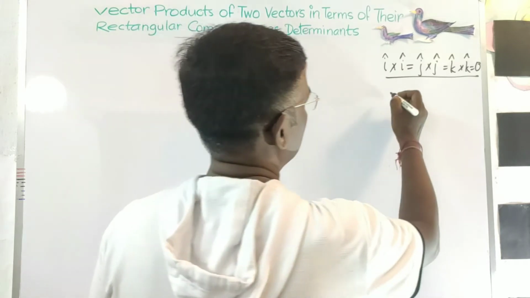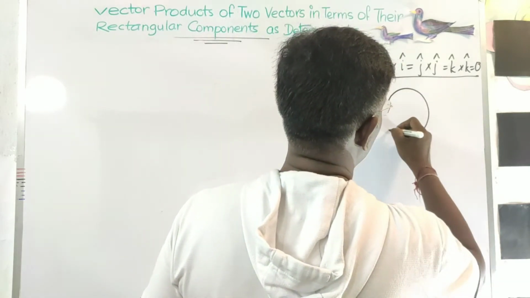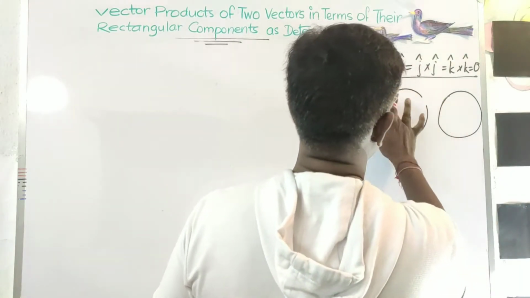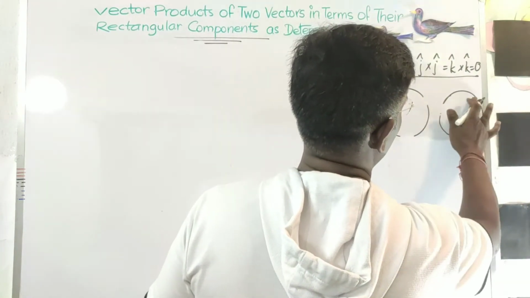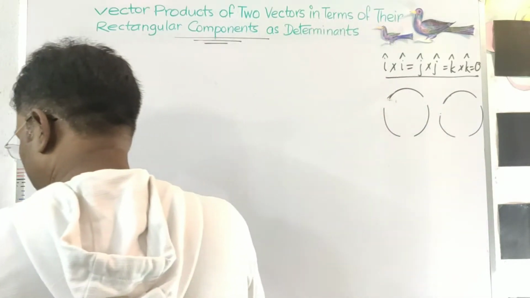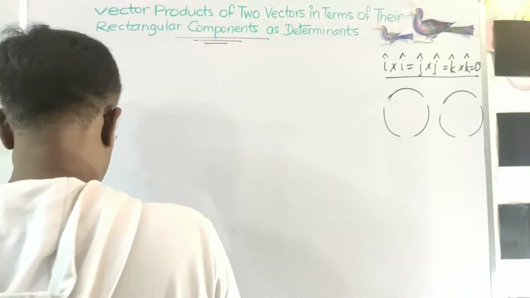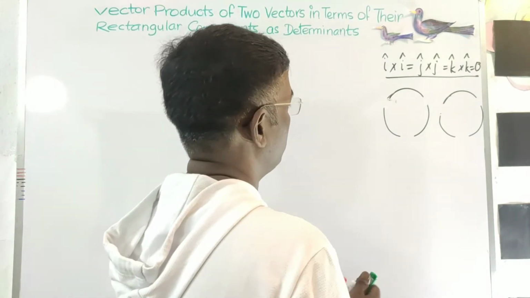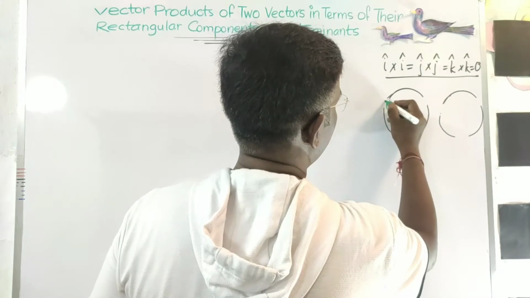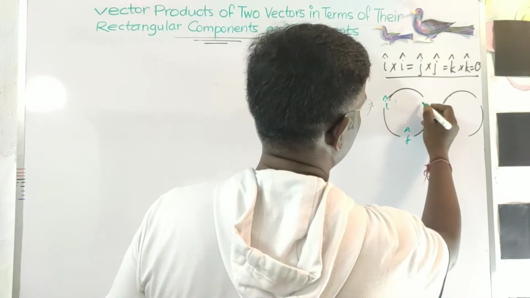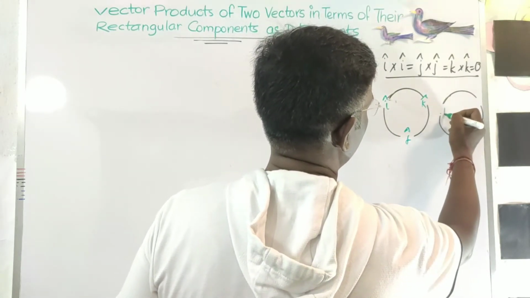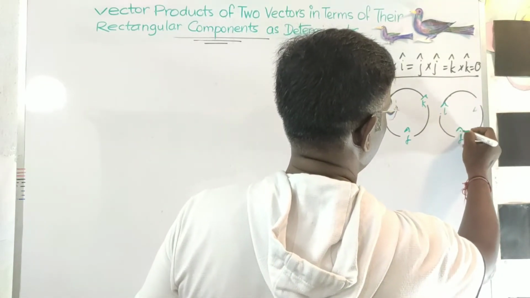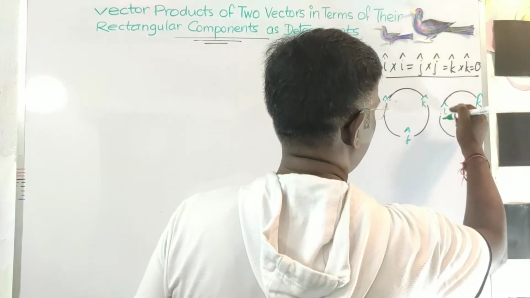Second thing, this is even more important part. Draw any two circles here. Yes, two circles. Immediately try to make the gaps here. Yes, I need to change the color here. Is it working? No, this marker is definitely working. Now I'll write here unit vectors i, j and k, and similarly here again i, j and k.